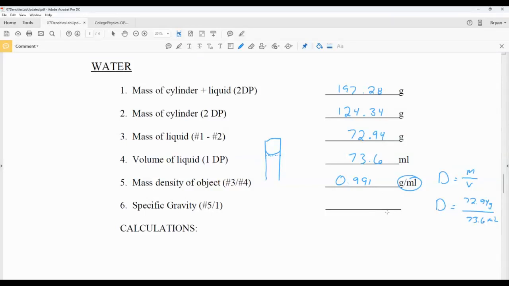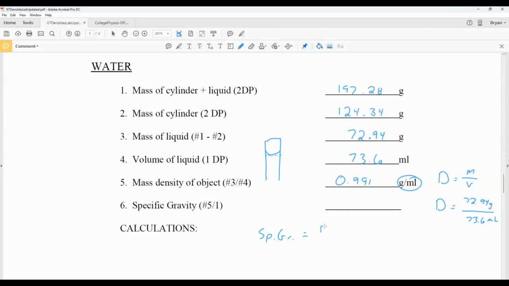All right, so specific gravity then, the hints are on here, unfortunately, sometimes confuse students. So number 3 divided by number 4 means the answers to questions 3 and 4. So we have those hints here, and again, it matches our formula. But this is number 5, literally divided by the number 1,